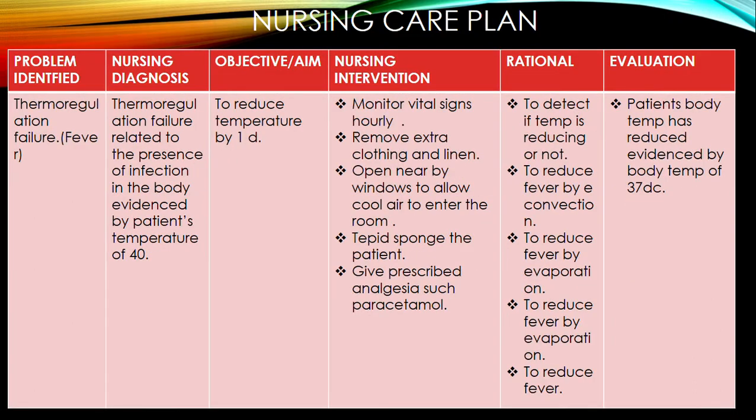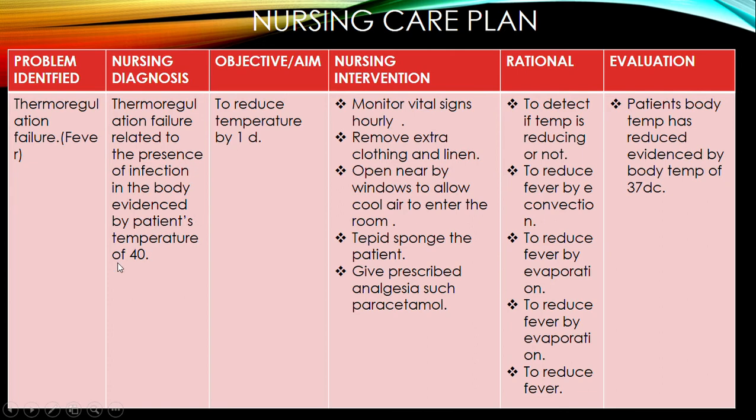So let's now look at the specific nursing care which can be given. You just do well to go through this nursing care plan because it's specific for the patient with dysentery. The first problem that we identified was the thermoregulatory failure or fever, which can be written in different ways. You can say altered thermoregulation or fever or thermoregulation failure. So the nursing diagnosis is thermoregulation failure related to the presence of infection in the body, evidenced by patient's